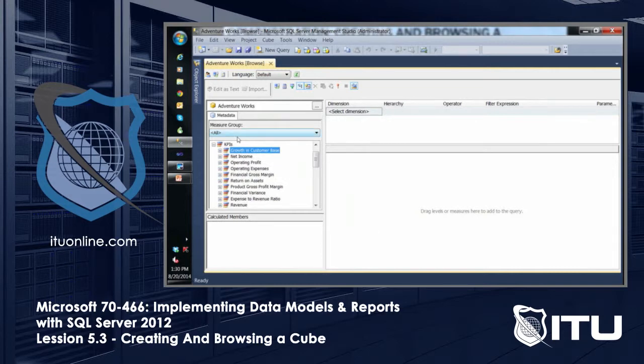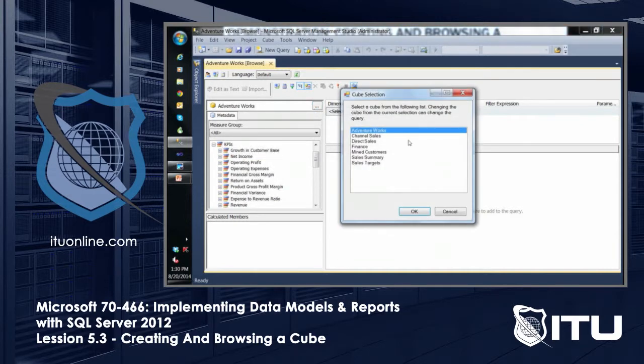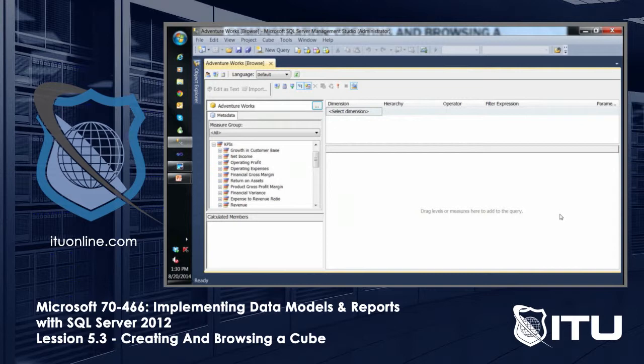These are my measure groups. I can also click on this ellipsis, which will give me a list of the cubes that we have. These are our cubes that are already made: Channel Sales, Direct Sales, Finance, Mined Customers, Sales Summary, and then I can go browse another cube if I wish. Here are my measure groups. Let's collapse these. If I were to say, let's do the